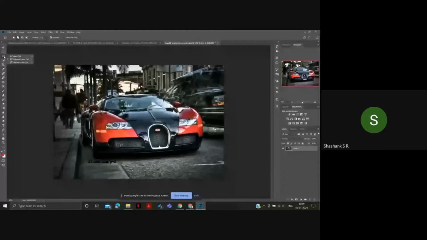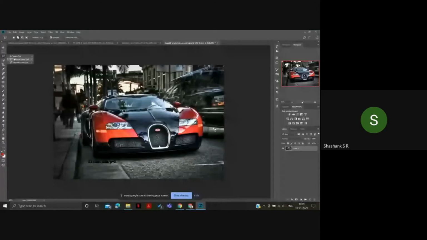Now you can see the tool. If you right click on this, you'll be able to see the lasso tool, polygonal lasso tool, and magnetic lasso tool. The polygonal lasso tool is where you can manually edit, manually drag wherever you want to.